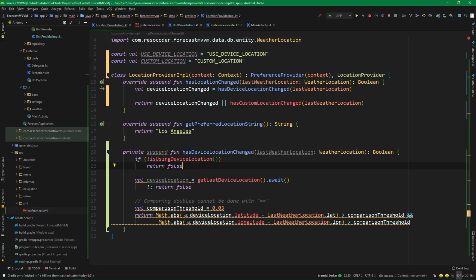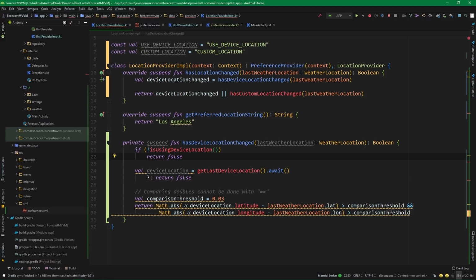So first, if we are not using device location, we want to return false because device location could not change if we are not using it. For example, if the user didn't grant us the location permission. That makes sense, right? Then, if we are using location of the device, because the user is okay with that,